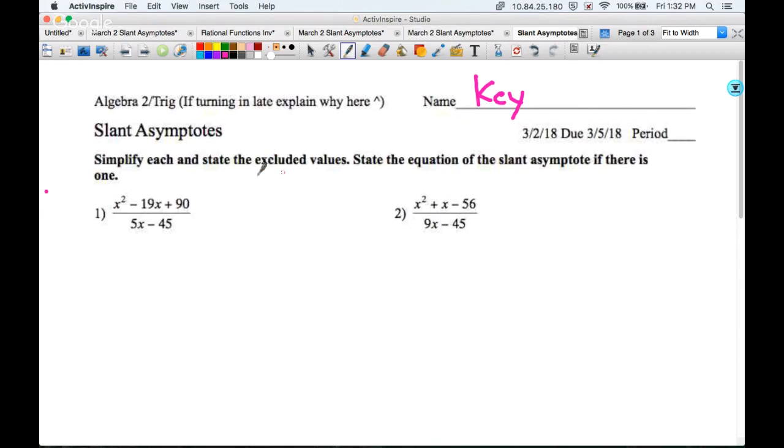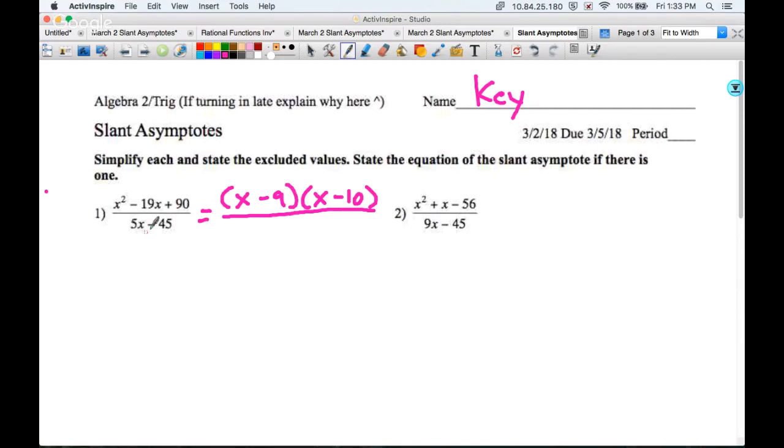And when we state the excluded values, I want us to be specific on whether those are holes or whether they are vertical asymptotes. All right. Every single one of these problems is going to start with factoring. You need to factor the top and the bottom. The top of this one is going to be x minus 9 and x minus 10